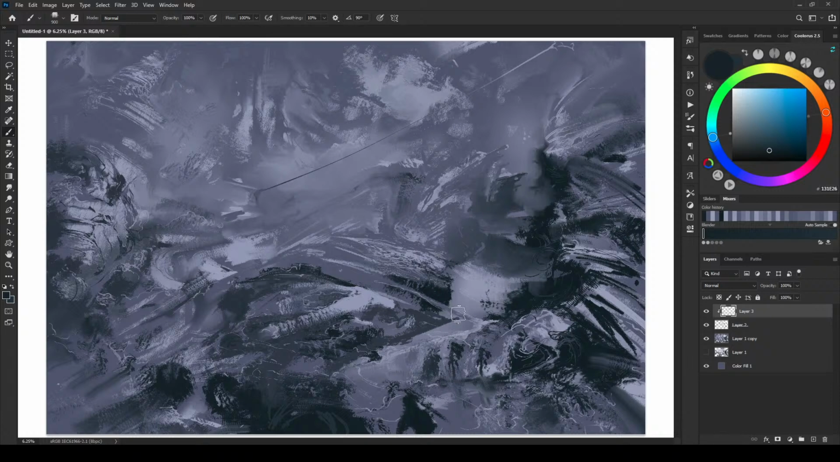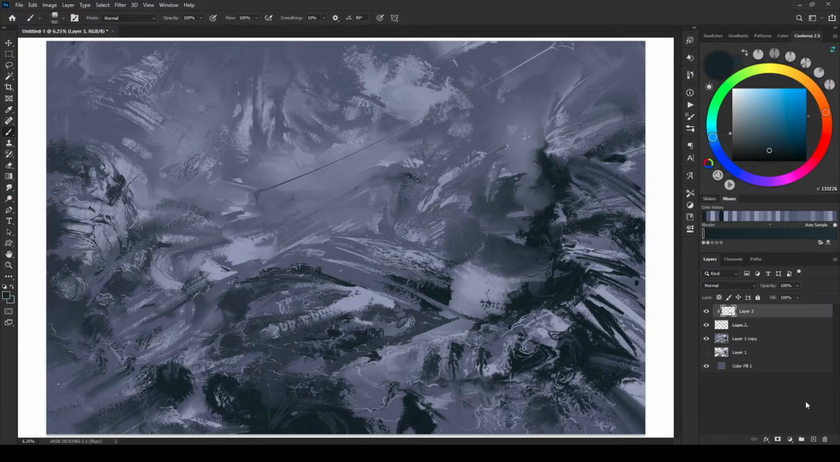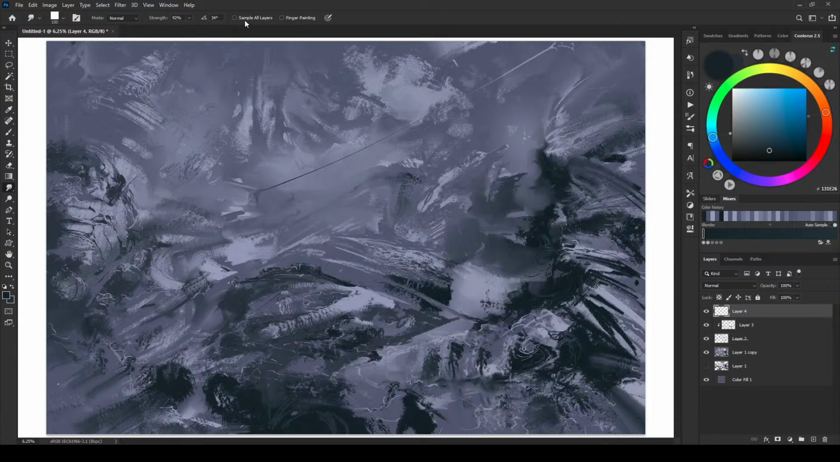I like this, but I think I want to change it up. Okay, right. Let's go new layer. What I just did there was not good. We'll go new layer. We're going to go to the smudge brush. I'm going to hit the hard chunky smudge. We'll do